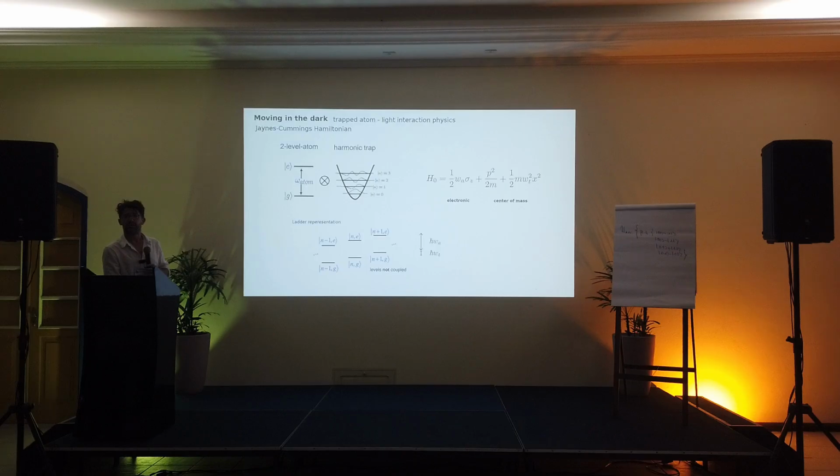Typically, because of the masses and the frequencies that are used in atomic trapped ions, the frequency of the trap is much smaller than the electronic frequency. It can be either 10 or 100 times smaller, or it can be something like 10 to the 6 times smaller, depending on what you choose as a 2-level atom. So you can think of the energy level diagram of this coupled system in what is called the ladder representation,